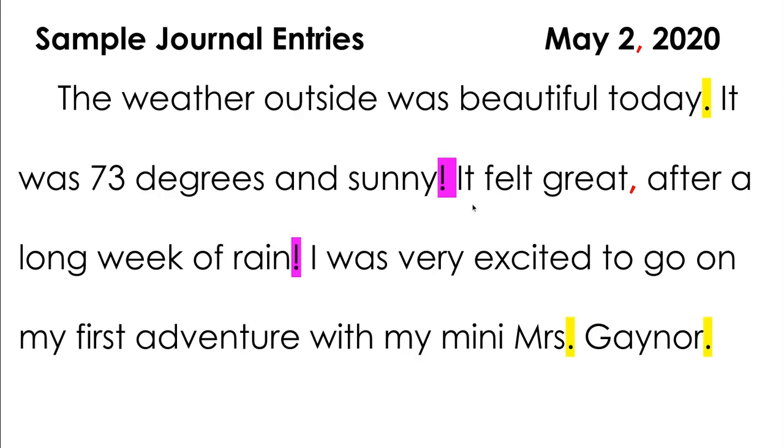It felt great after a long week of rain! So I used a comma to show that I want my reader to pause, and I was excited that it wasn't raining anymore, so I used another exclamation point at the end of that sentence. I was very excited to go on my first adventure with my mini Mrs. Gaynor. Mr., Mrs., and Ms. are words that always get a period at the end. So I have my period there, and then it's the end of my statement, so I have another period after